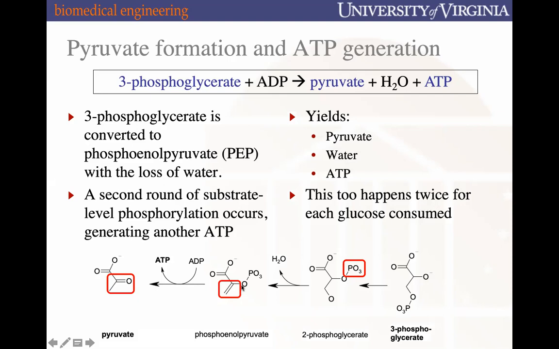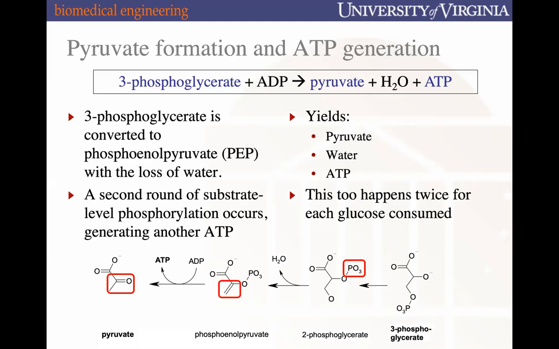And so in the formation here, there's going to be another substrate level phosphorylation event where we produce an ATP. But again, we're still talking about one G3P molecule. So once that substrate level phosphorylation occurs, the loss or donation of that phosphate group is going to produce pyruvate here. So with each 3-phosphoglycerate, we produce one pyruvate and one ATP. All right. And this also will happen twice for each glucose molecule that we